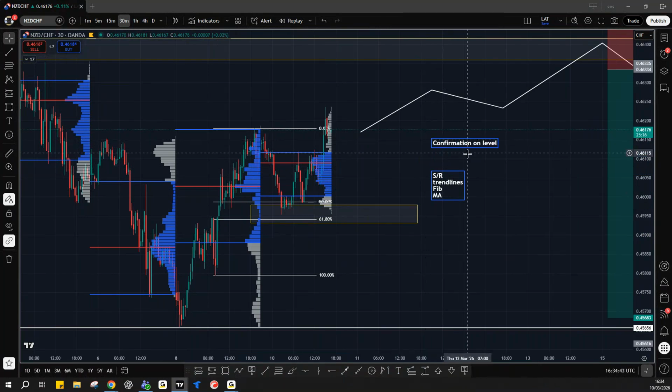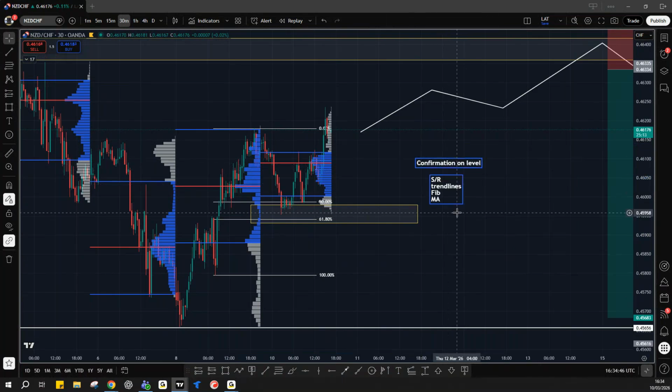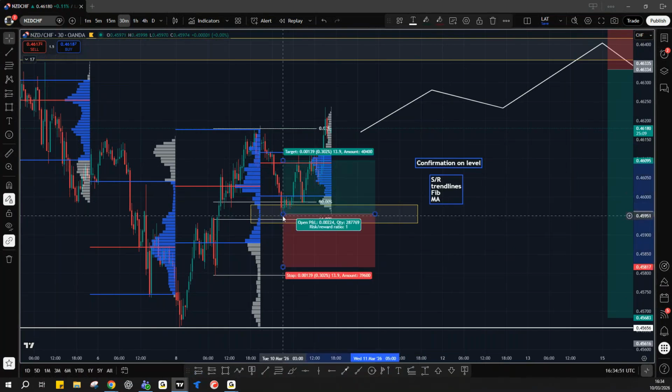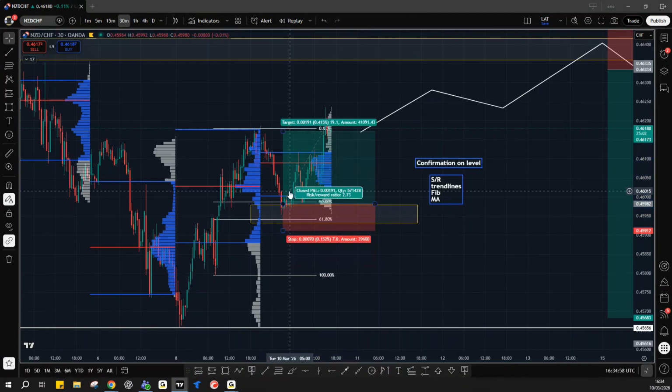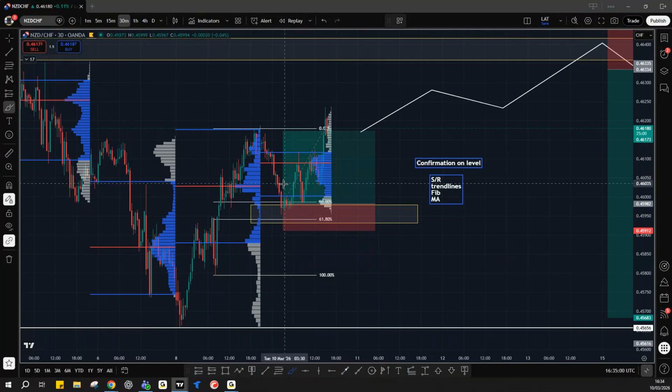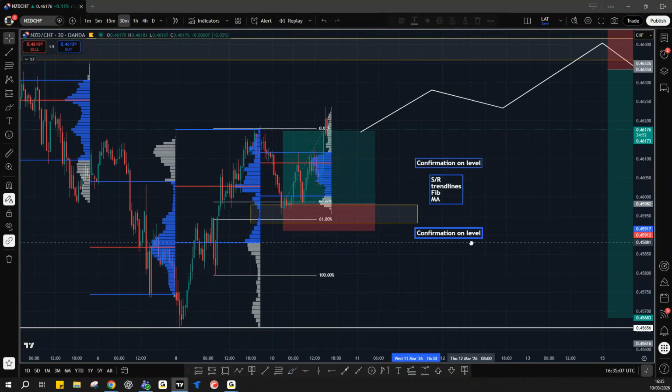But we also need confirmation on the entry. So we're not just going to say, great, I've got these two levels lining up. I'm going to place an order to go long, and that's it. If it touches that level, I'm going to get long, and that's the trade. It doesn't really protect us for the potential of this just smashing through the level, right? We need to take confirmation on the entry as well. And this is generally referred to as a trigger. This is the last thing that happens before I take a trade.